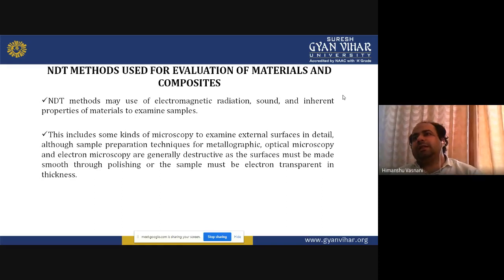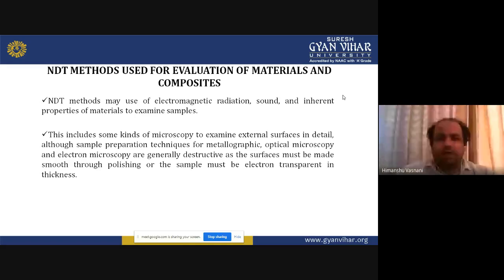Normally there are a few kinds of non-destructive techniques used nowadays that I discussed earlier with you, like eddy current testing, magnetic particle testing, ultrasonic testing, visual inspection, liquid penetrant testing, and radiographic testing. There are all kinds of testing. Today we will discuss some more of that, and then we will go on to visual inspection.